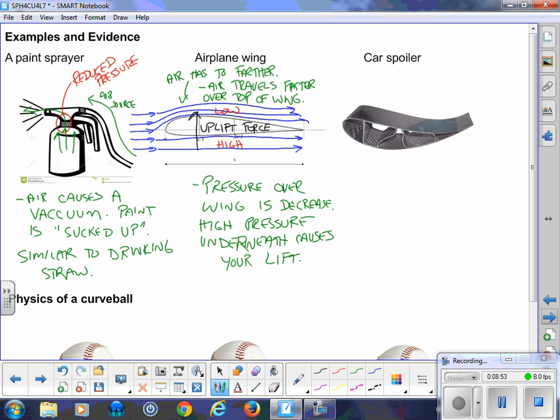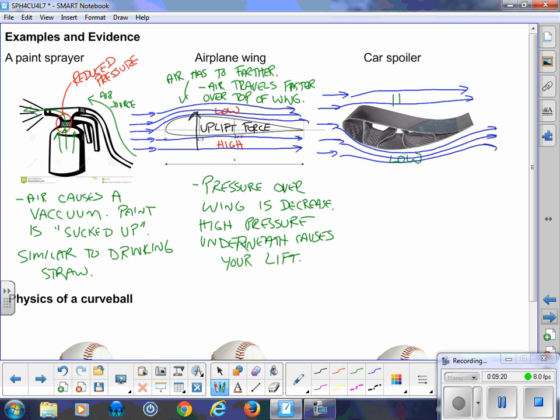All right. And the car spoiler is simply just an airplane wing upside down. So what happens is we have, again, I've got my air approaching our spoiler. The air that goes underneath is going to have a higher velocity because it has a longer distance. The air over top, relatively undisturbed. So because we have a high velocity down here, here's my low pressure, here's my high pressure, and